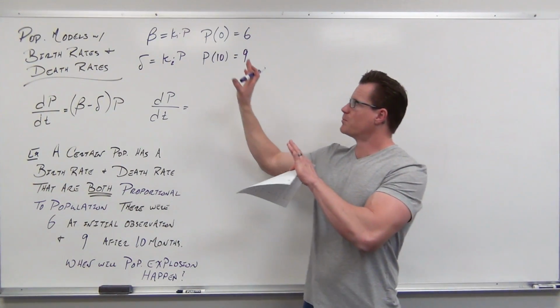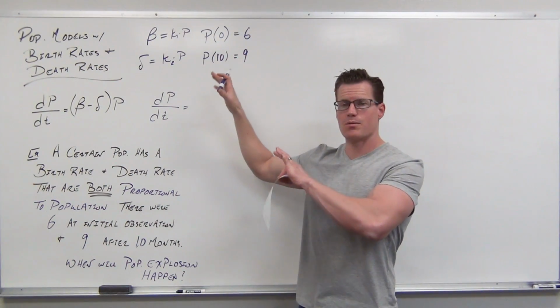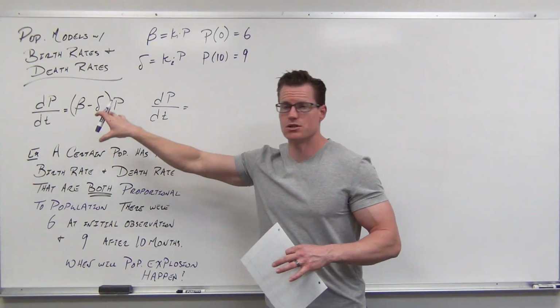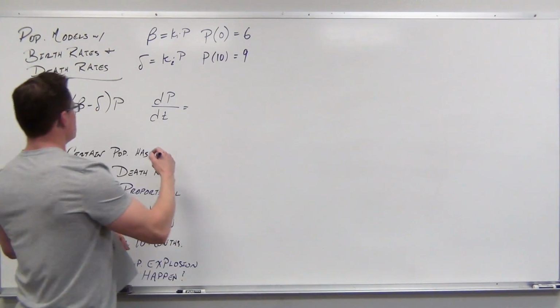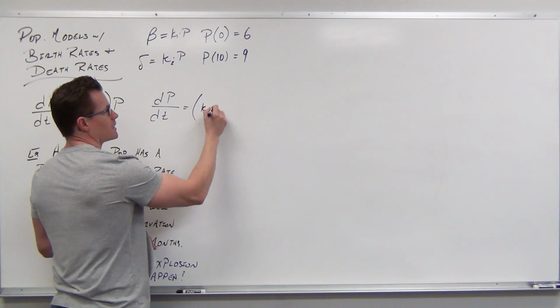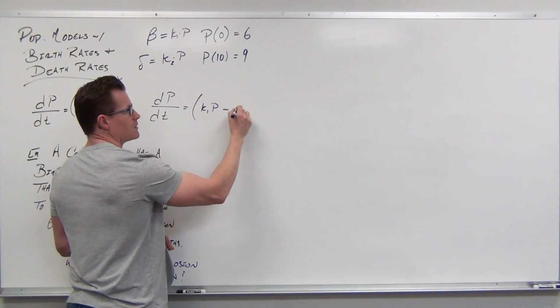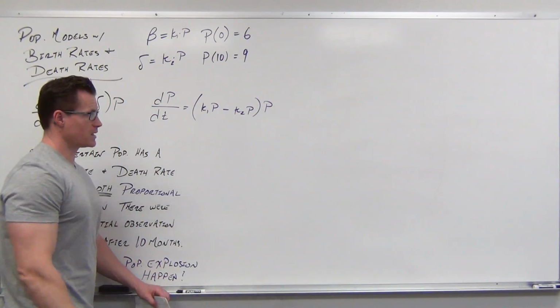Now that we've found our birth rate and our death rate in terms of our population, now that we have our initial condition and how our population is varying after a certain amount of time, let's substitute this and find a differential equation that models it. So we know that our birth rate, k of 1 times population, minus our death rate, k of 2 times population,